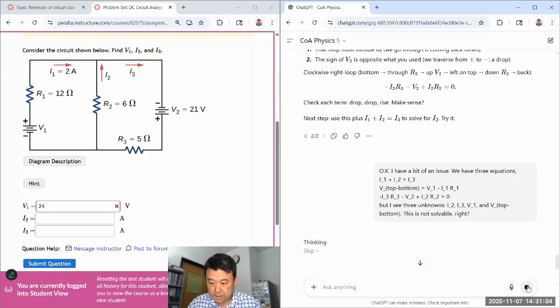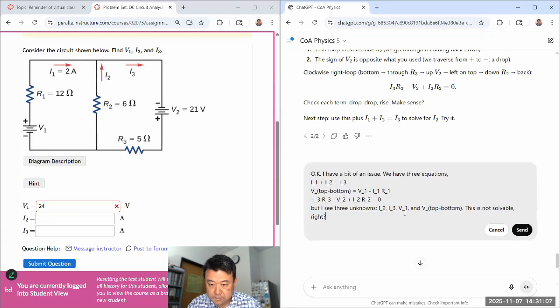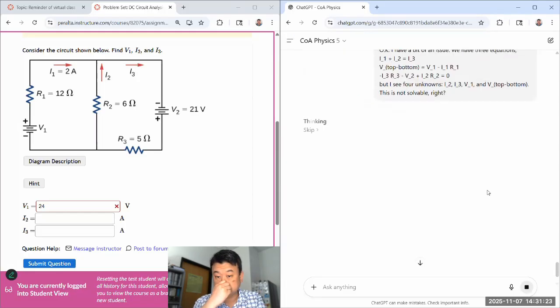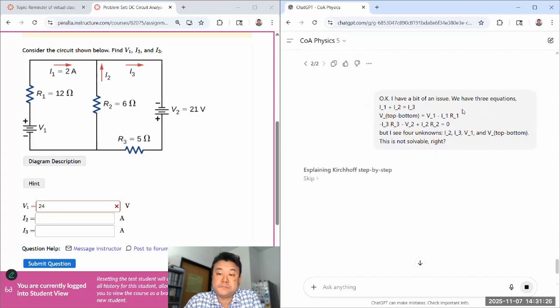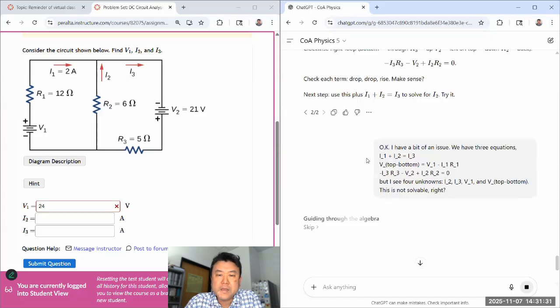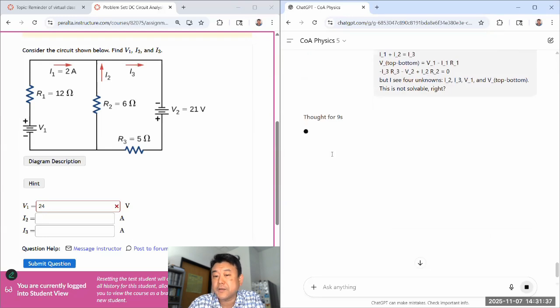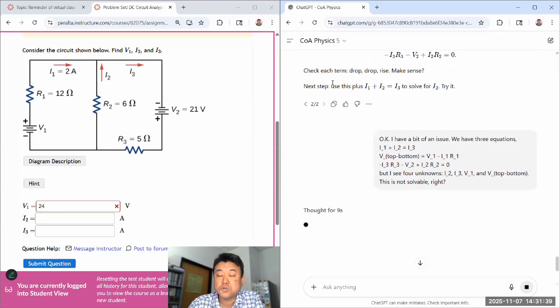Wait, stop, sorry. I see 4 unknowns. But of those 4, 2 of them are here, I think. So between the top equation and the bottom equation, there are only 2 unknowns, which is solvable. And I think if I'm just following what it's saying, then yeah, it should be solvable. Maybe it'll note that we can just use those 2 equations, the top and the third, to solve for